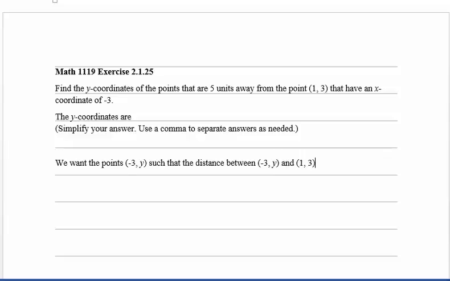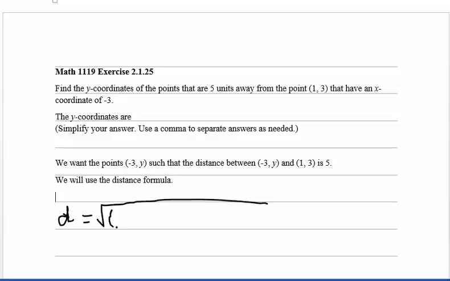and (1, 3) is 5. So we're going to need the distance formula. That's what we're going to use. Remember that formula said that whatever our distance is, let's call it d in general, it is the square root